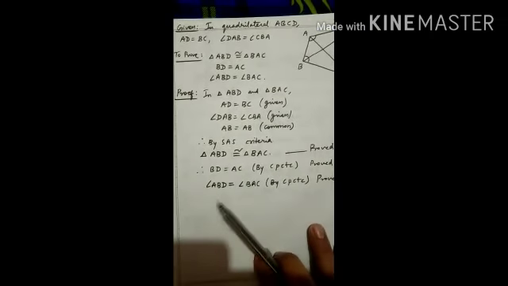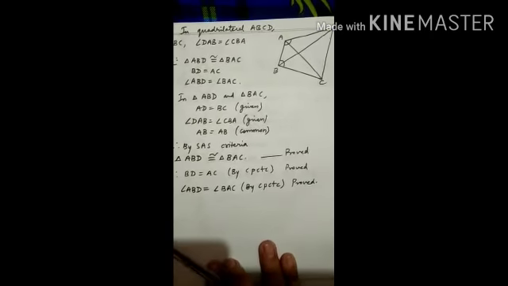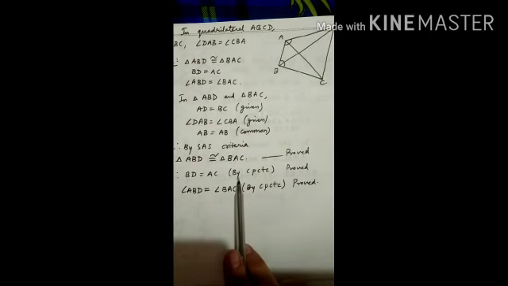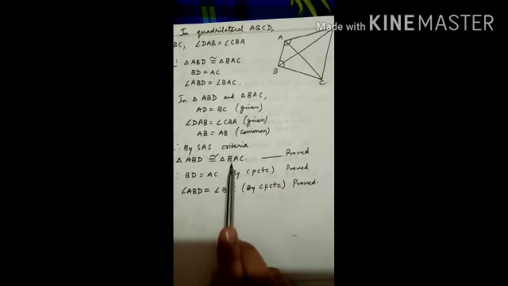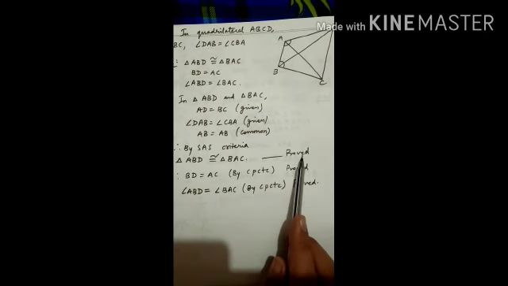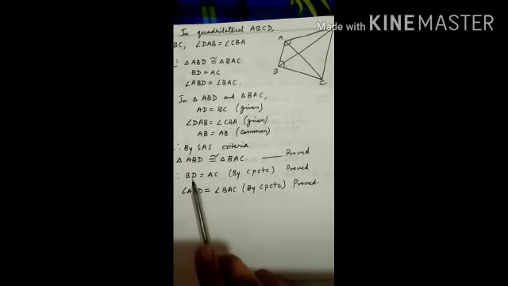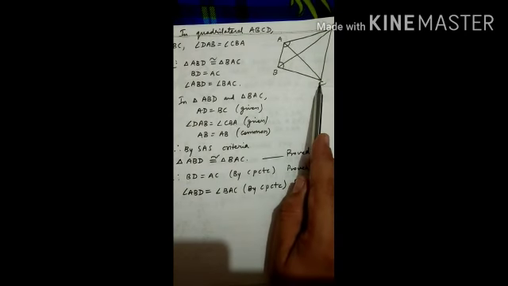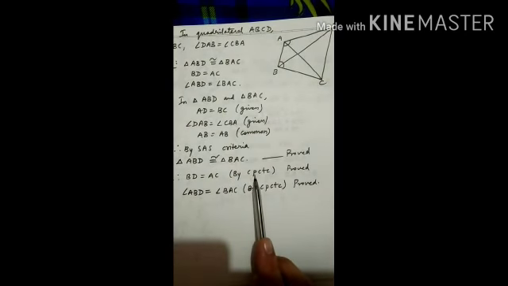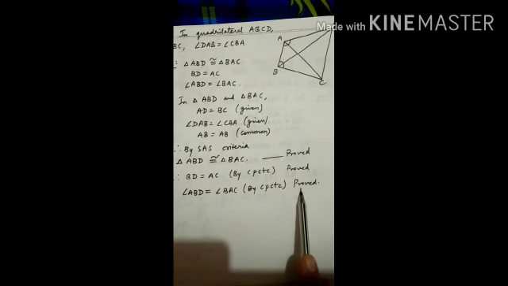As I told you, when the triangles are proved congruent, then their corresponding parts, whether sides or angles, all become equal to each other. Therefore, as both the triangles are congruent, which is proved by using the criteria side, angle, side, the remaining sides of these two triangles, BD and AC, are also equal to each other by CPCTC, and angle ABD is also equal to angle BAC by CPCTC, corresponding parts of congruent triangles.